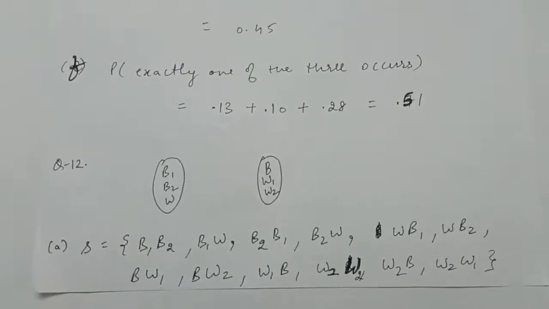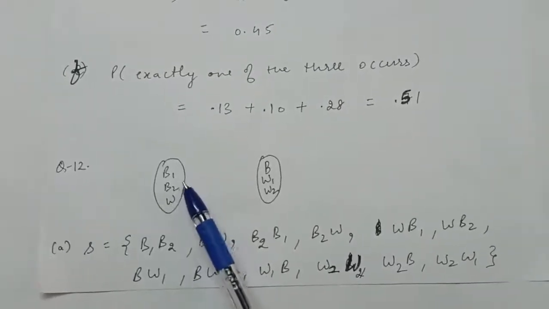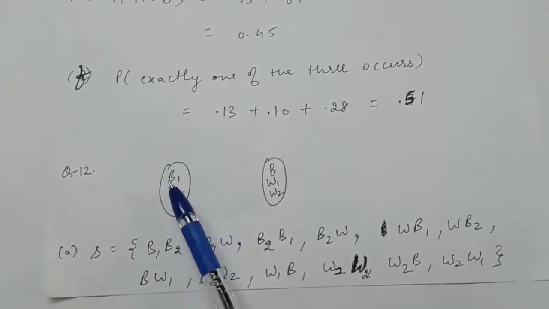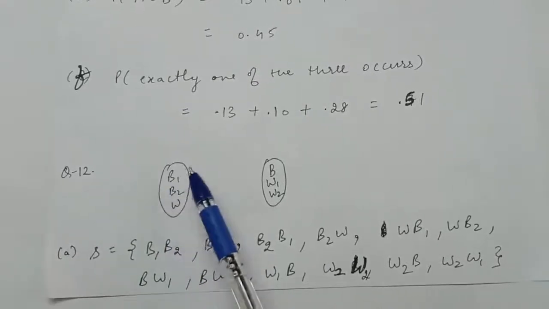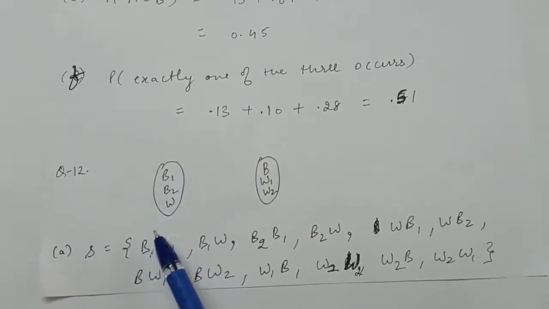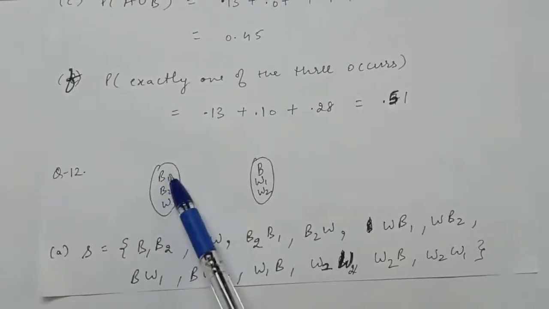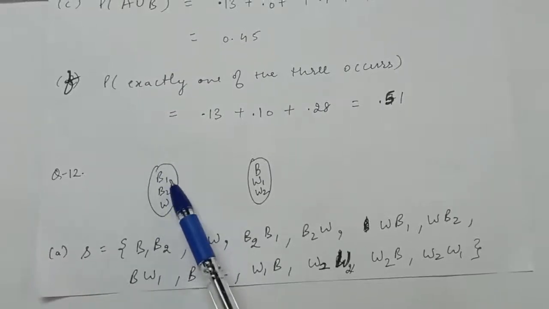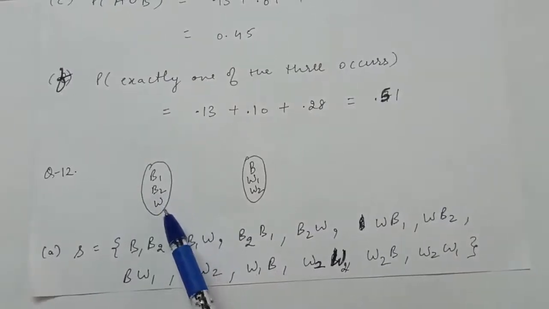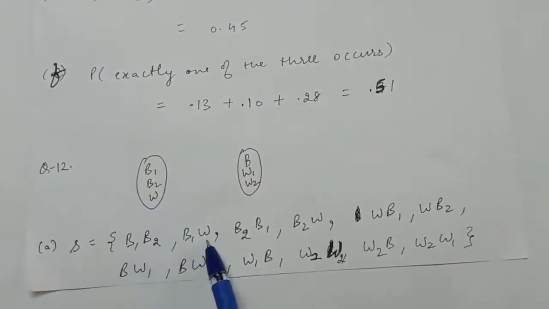That is, first of all, we have to select one urn. Suppose I have selected the first urn. Now I have to select one ball, and without replacing it, I have to select another ball from the same urn, right? So suppose I have selected B1 ball, then the next ball which can be drawn from the first urn, because we are not replacing the ball B1 again in the urn, so the next ball which we will get is either B2 or W, right? So the outcomes can be B1 B2 or B1 W.